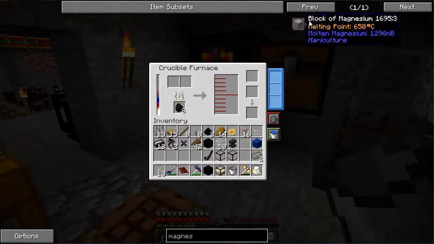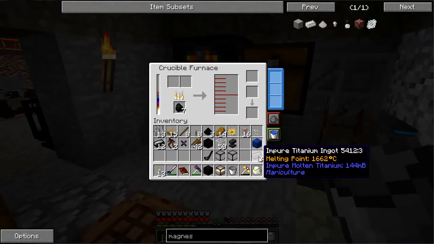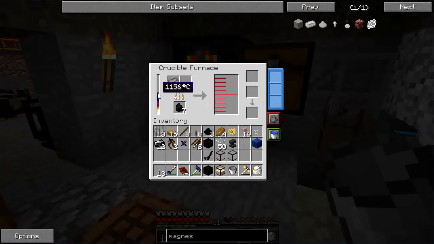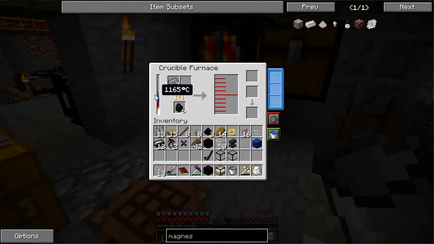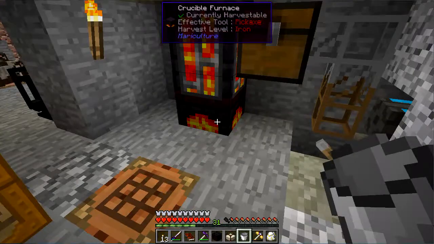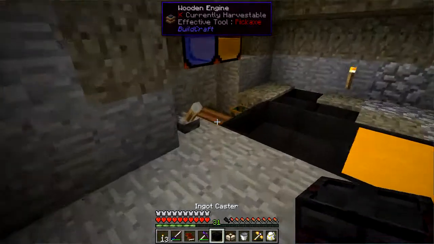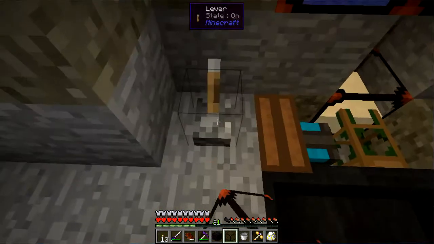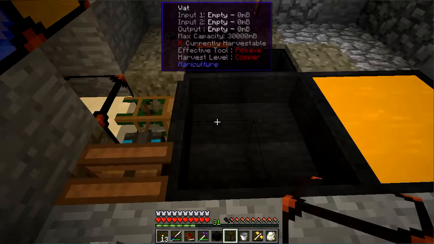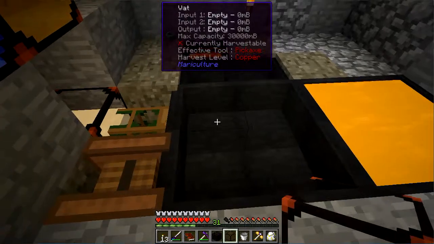So to do this, I'm going to need to boil down quicklime and water in a vat. And while that's going, I might as well start burning down the titanium ingots, which are going to need another 600 degrees Celsius. So I'm going to have to feed another stack of coal in there once that burns down. But let me just get this working. So I'll turn on the pumper, and that should move 8 buckets worth of fluid here into the vat,